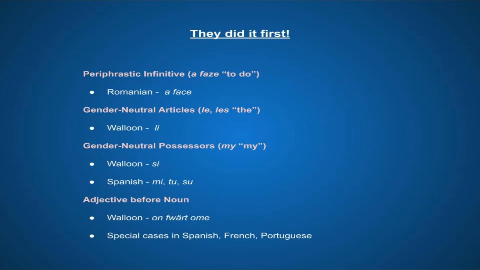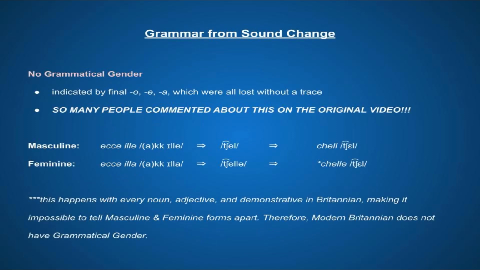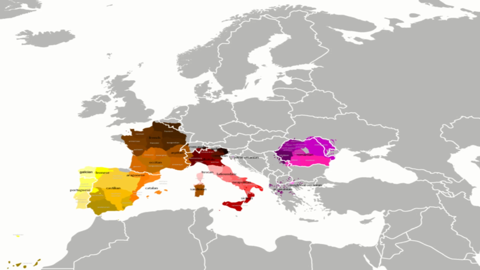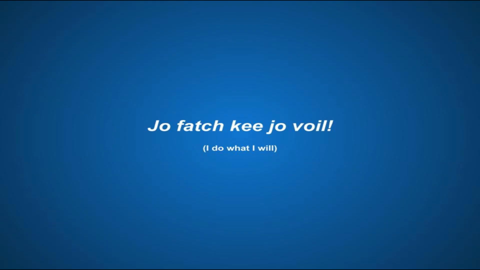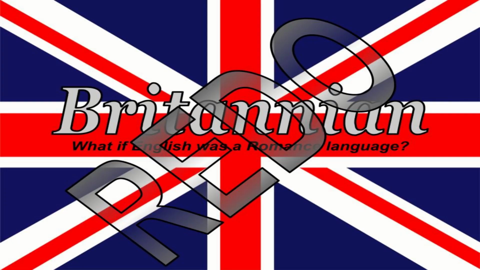Three, the grammar and syntax of Britannian should only draw from English when at least one Romance language has the same feature, or when that feature is the direct result of sound changes in the language's history. Otherwise, use French as a base. Basically, take the closest dialects on the Romance dialect continuum and change them to fit the sociolinguistic history of England. Of course, as a constructed language, every feature of Britannian ultimately comes down to personal choice on the part of the conlanger. With that in mind, let's take a look at some of the changes I've made to Britannian since uploading that first video.